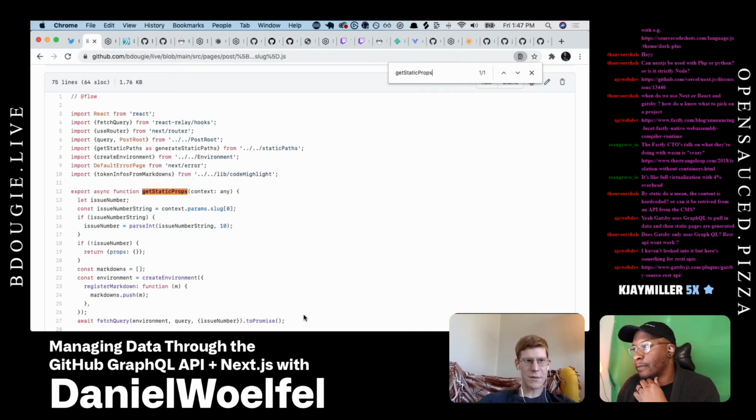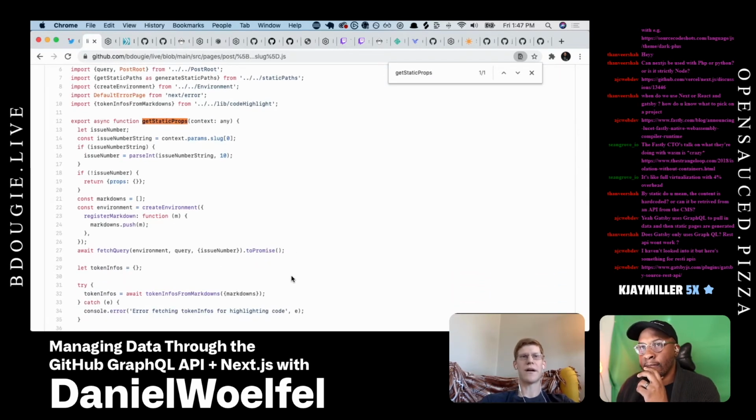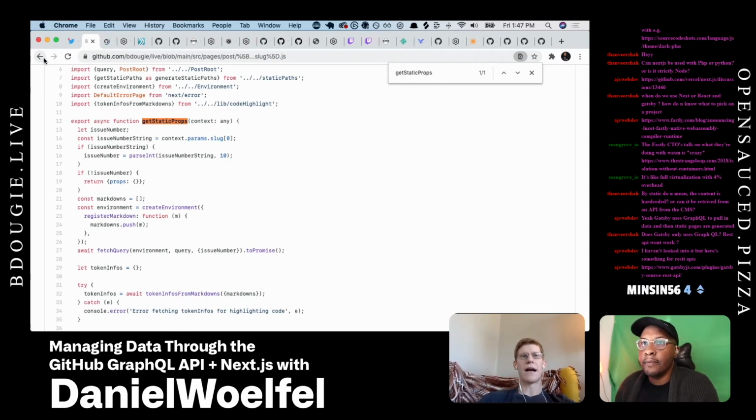So what we do is we create this Relay environment, and how Relay works is when you run a GraphQL query, it generates some metadata about that query at compile time, and it stores those artifacts somewhere. It sends a query to the server, it gets the data back, and it doesn't just put the data into the component. Instead, it puts the data into this normalized store. This is a technique that most of the clients use.